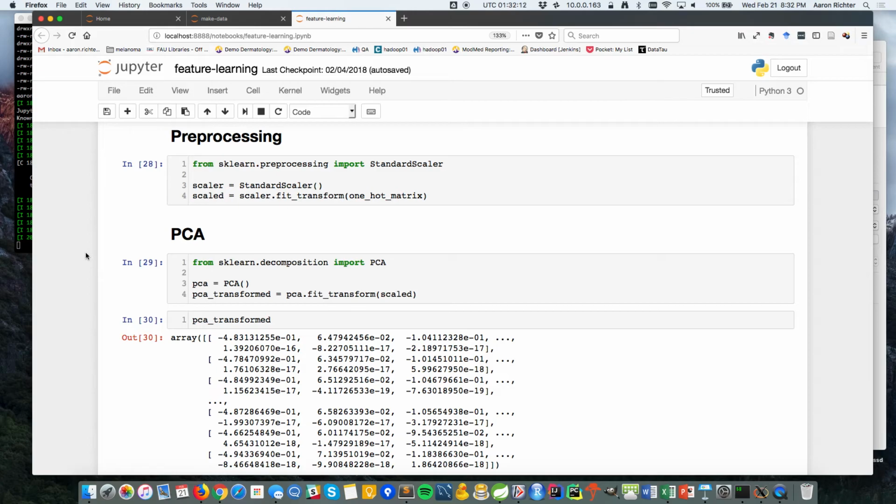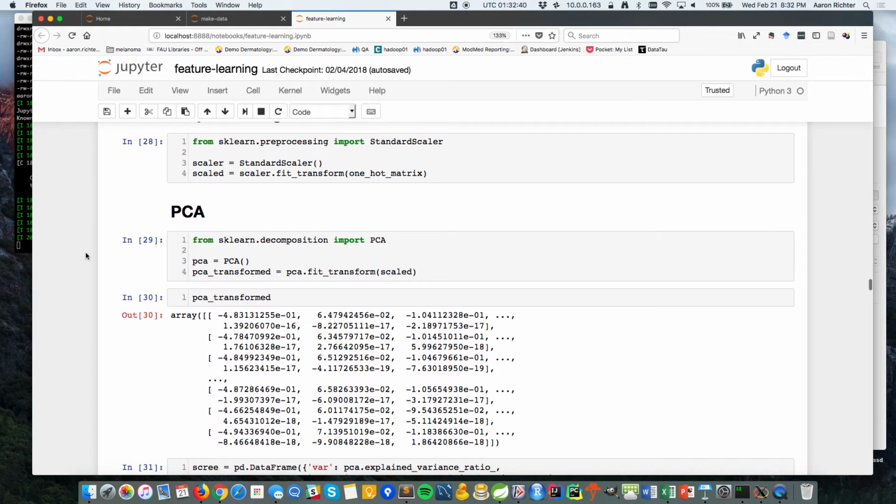When you're doing feature learning, and especially with PCA and with neural networks, you want to scale your data. You want to make sure that all of your data has a zero mean, that it's centered. Because if you have one feature like age, that goes anywhere from 0 to 100, and another one that's income, that may go anywhere from 0 to hundreds of thousands, you want to scale that data so that the model doesn't get confused and it can get those correlations between data a little bit better. You can do it on raw data if you want to, but it works better if it's scaled.